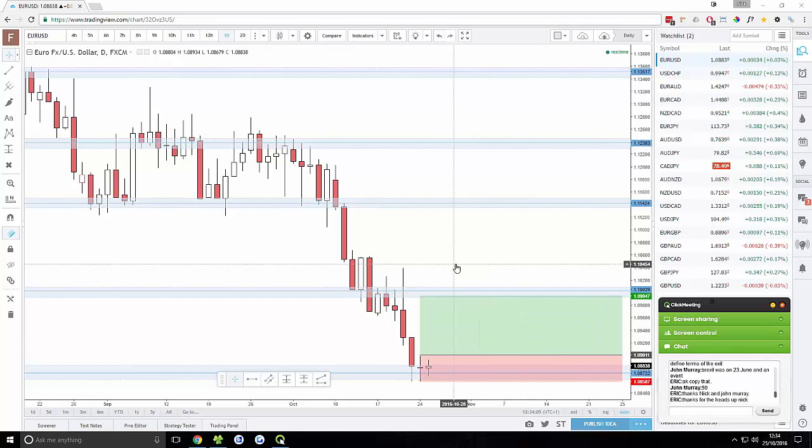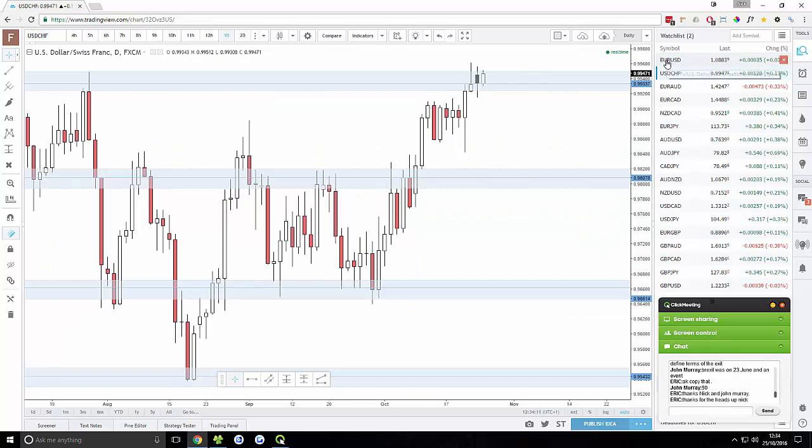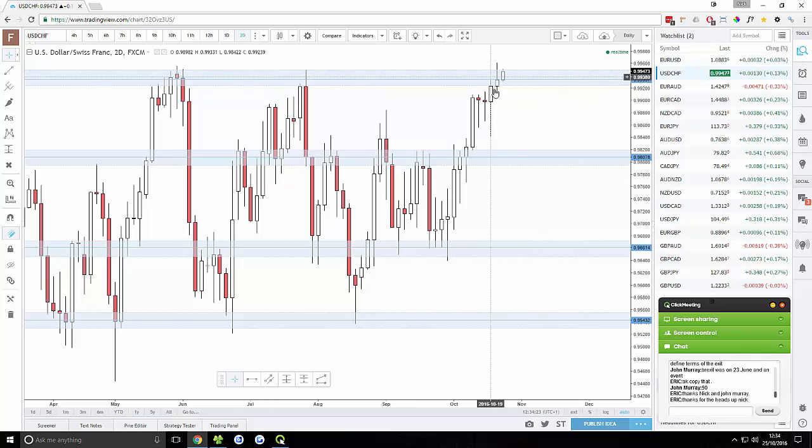Okay, so I think that pretty much wraps it up for the analysis, guys. We've got a pretty decent looking setup on Euro USD, and a pretty decent looking setup on USD CHF. On USD CHF, it looks like it's probably going to continue up. Especially this candle looks like buyers are in control, so this might not end up being anything. But it's worth keeping an eye on, because as long as it doesn't make a new high here,